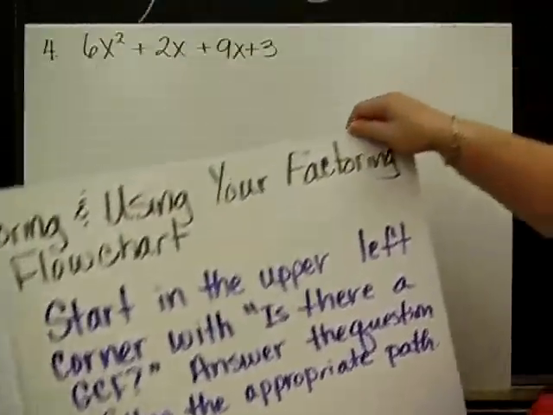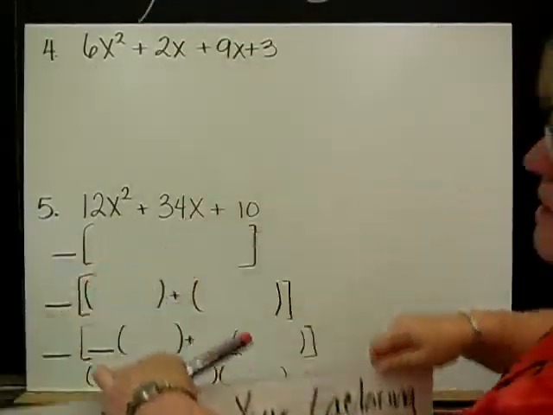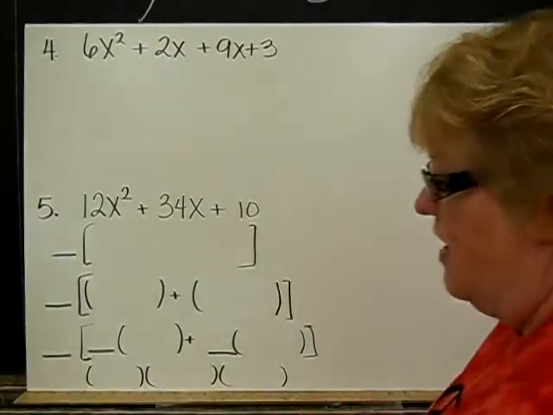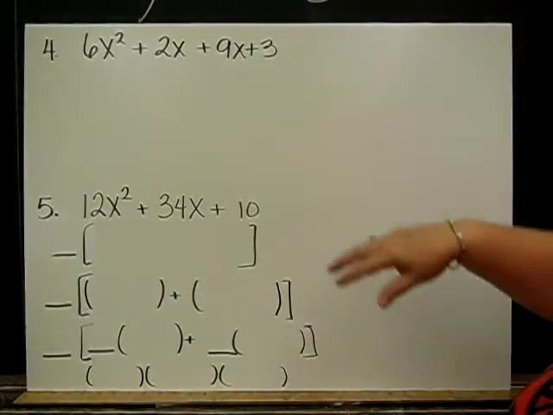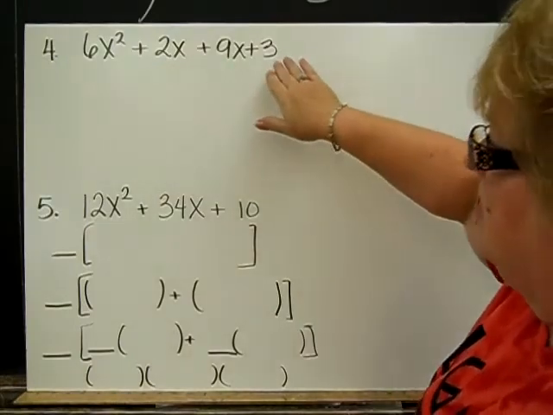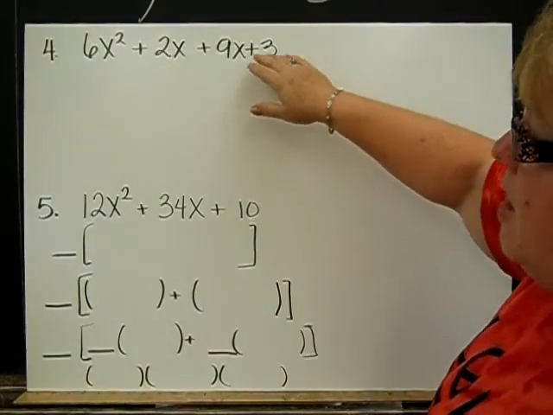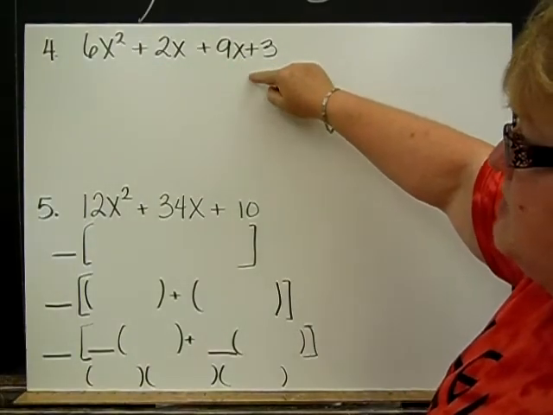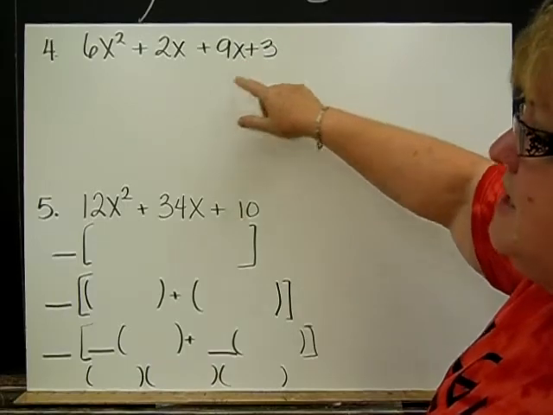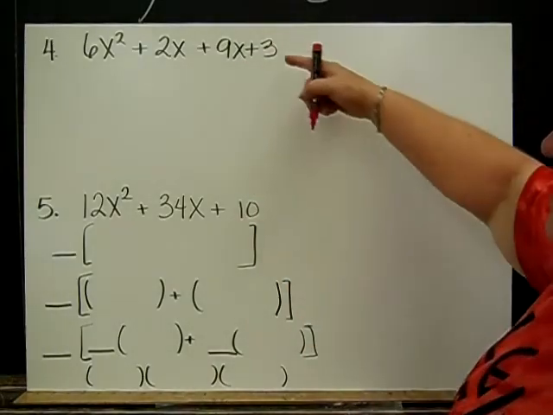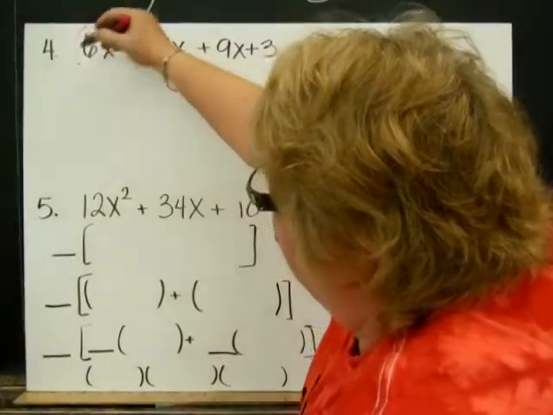Let's look at some examples that are a little bit more complicated. Okay, if you look at your factoring flowchart once again, is there a greatest common factor? The answer is no. Are there 2 terms? No. Are there 3 terms? No. Are there 4 terms? Yes. And it tells you if there are 4 terms to group them,